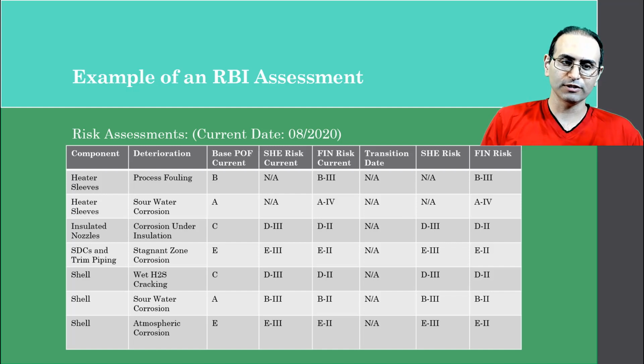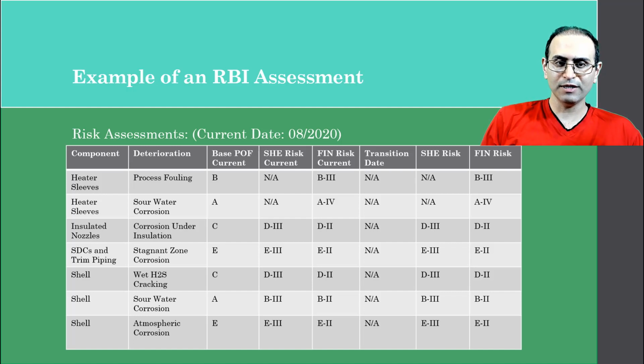We just talked about these. Based on the corrosion mechanisms, we determine the base probability for each of those deteriorations. And then we calculated the SHE risk current and Fin risk current. SHE risk is safety, health, and environmental risk, and Fin risk is the financial risk to the refinery based on